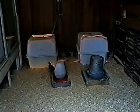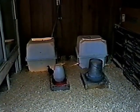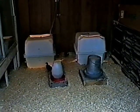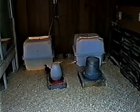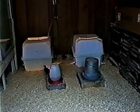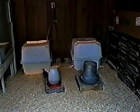Every night when I get home, I change their water and scrub out their pans and make sure everything is clean, and about once a week I take all my plastic waters and I soak them in a 5-gallon bucket of water with 1 cup of bleach and let them soak there for 6 or 8 hours, and then I rinse them off real good and let them sit in the sun,